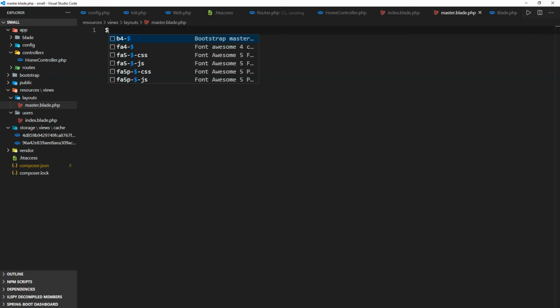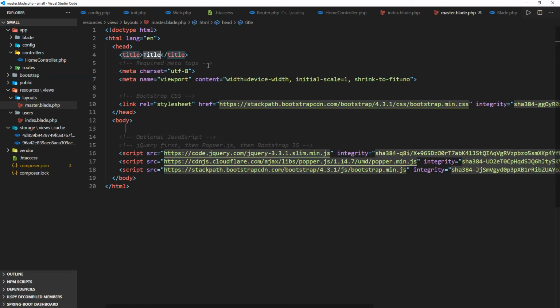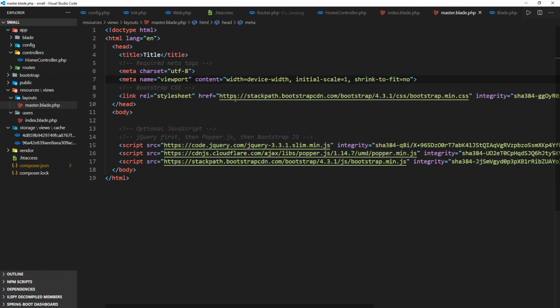If you have the bootstrap plugin installed in your code editor, you can type $, then it brings you the bootstrap 4, then $, that it's going to write bootstrap master template. So I'm just going to hit the tab key on my keyboard, and it imports all the assets that